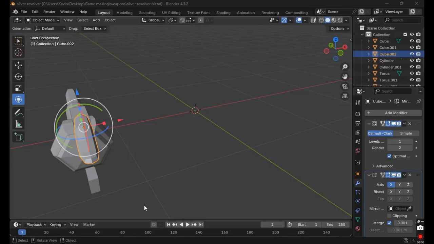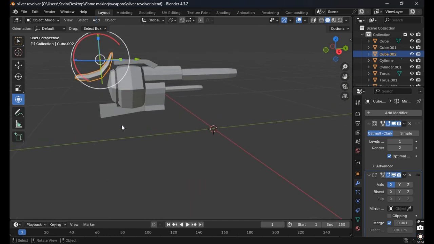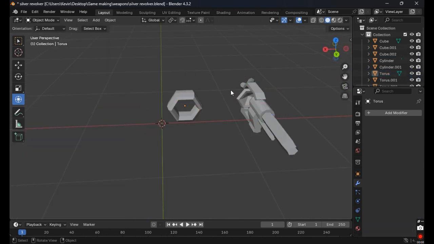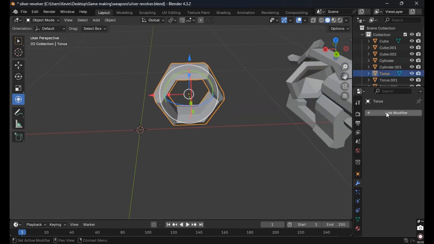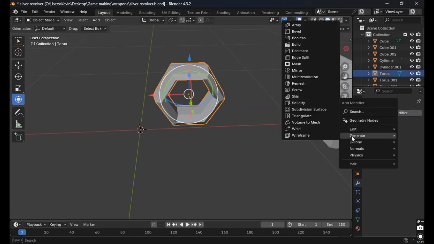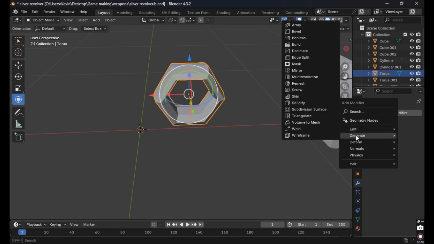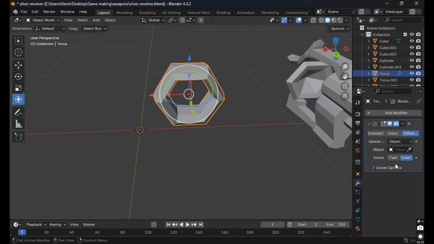Okay, so back again. So we're still gonna work on the revolver, and this time I actually saw a tutorial on YouTube on how to fix this. So I'm gonna go over here, add a Boolean modifier. I still am not 100% sure what a Boolean modifier is. Okay, so it will be the difference,